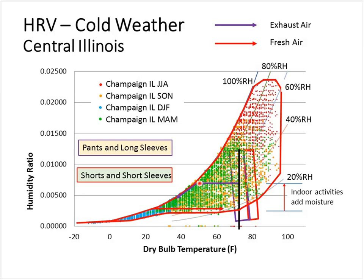Now, as the air is cooling down, if it hits this 100% relative humidity line, further energy coming out of this air is also going to come out in the form of condensing water. The humidity, if it's high enough as it cools down, will finally hit saturation, water will condense. Depending on the HRV, some HRVs avoid that condition like the plague. They don't want water in their core. They don't want to have to put a drain pan in. And so one of the things that distinguishes, say, a high-performance HRV from a lower performance is whether it has a drain pan. So a higher performing HRV needs to deal with this condensation because it will be a frequent